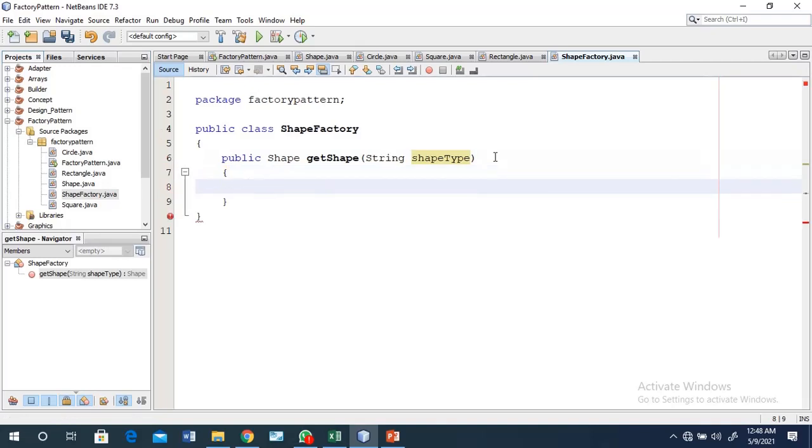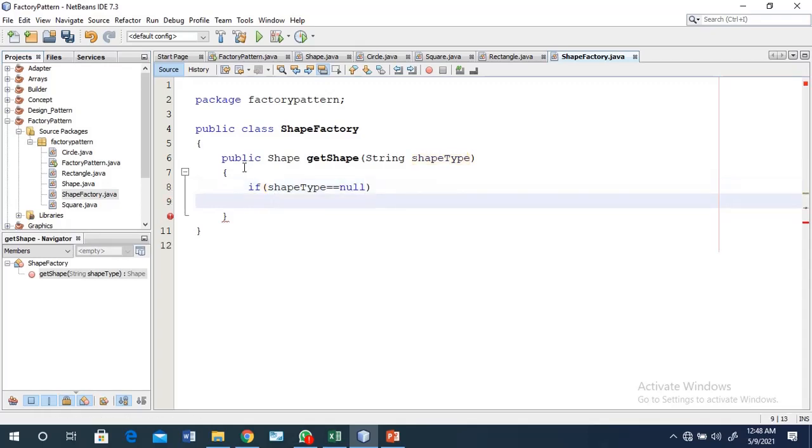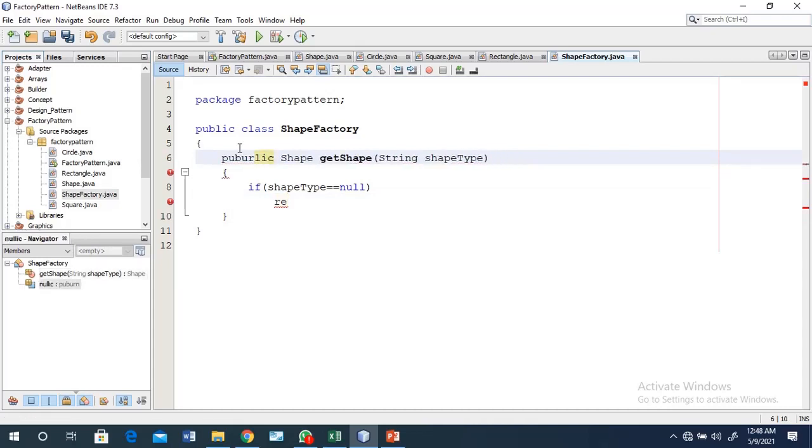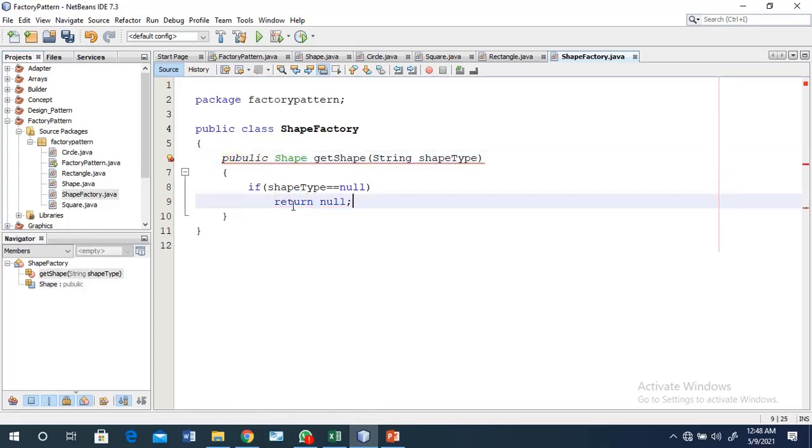Then after that, here we check if shapeType is equal to null. If you are not passing any type of values, then we have to check that particular case and return null.